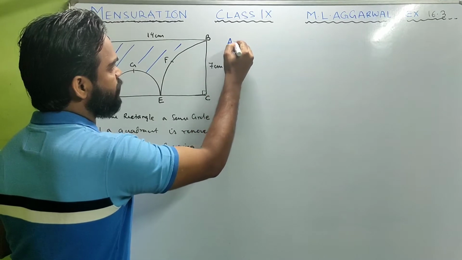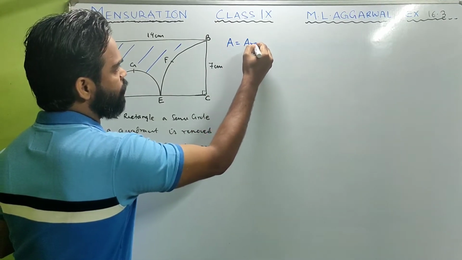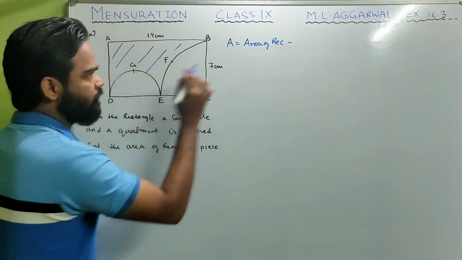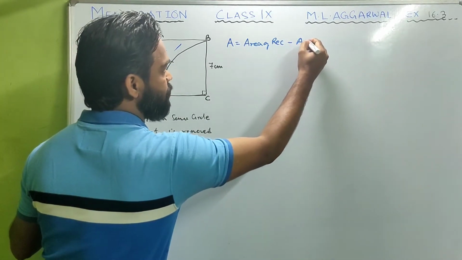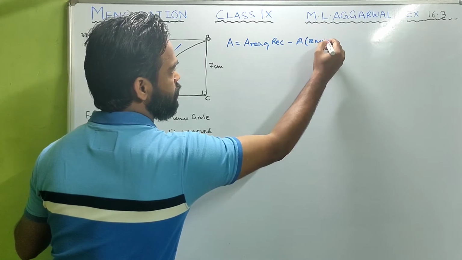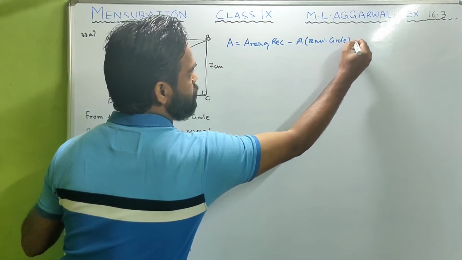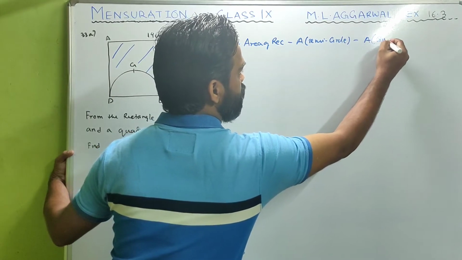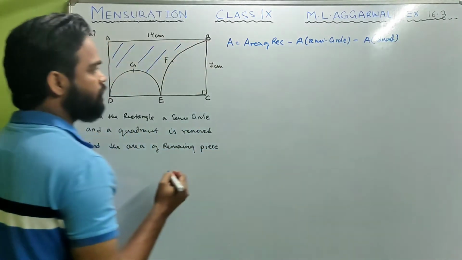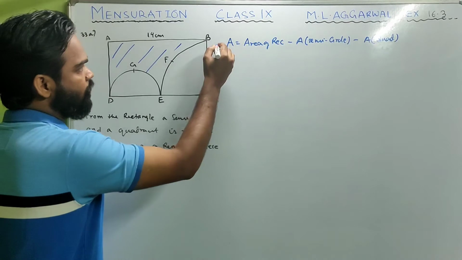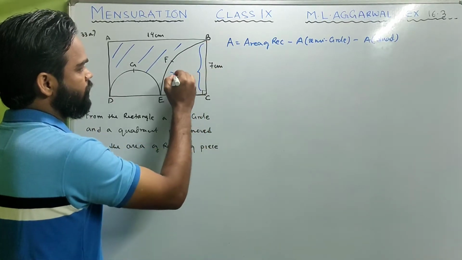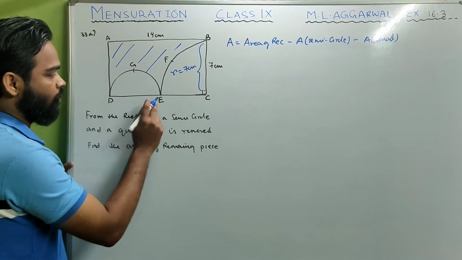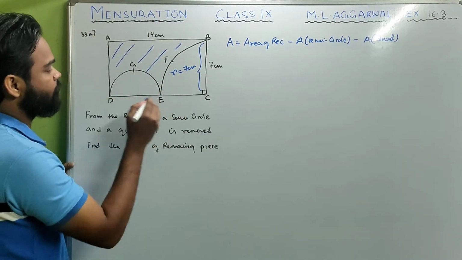Area of the remaining piece will be area of rectangle minus area of semicircle, isn't it, minus area of the quadrant, isn't it? And if you look carefully, for the quadrant, the radius is 7 centimeter,